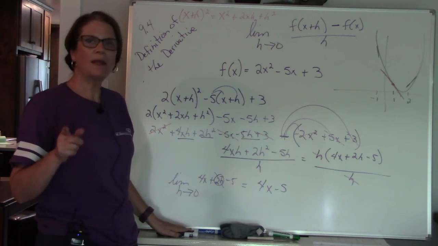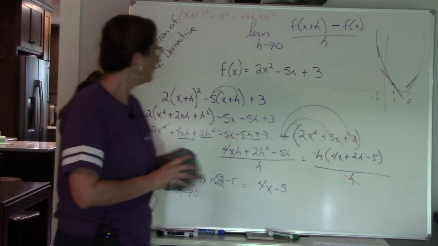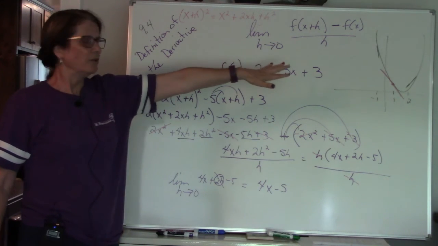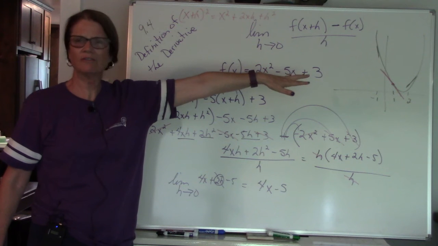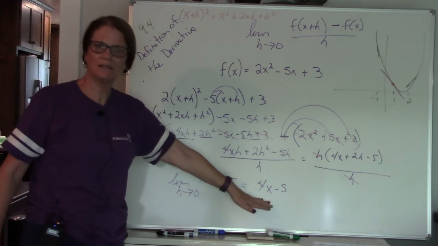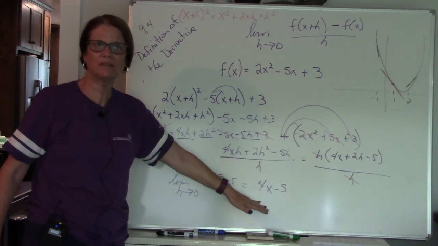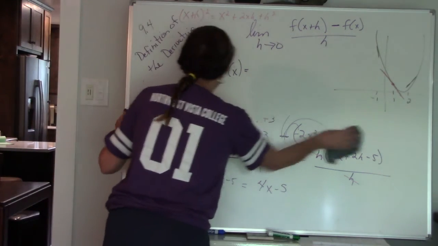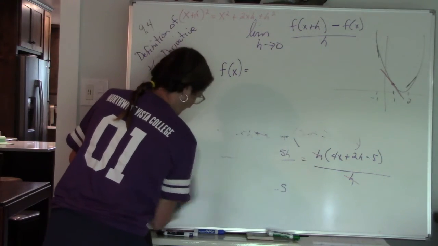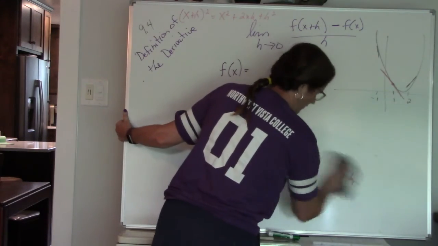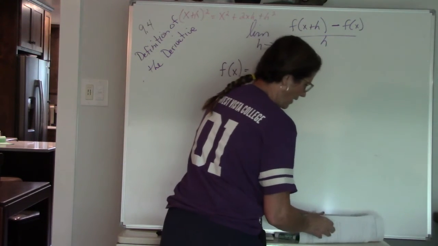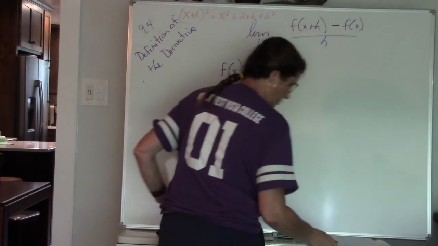Okay? So for right now, what we're going to do is just concentrate on using the definition of the derivative. The visual is just for you to see what you've done. Okay? See what this means. This is any place on your graph you can find the slope. All right, let's try another one. All right, how about